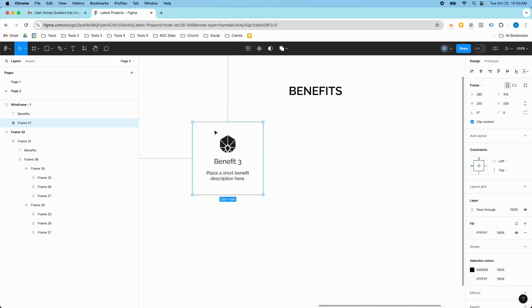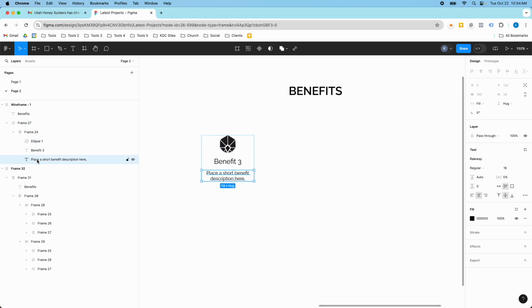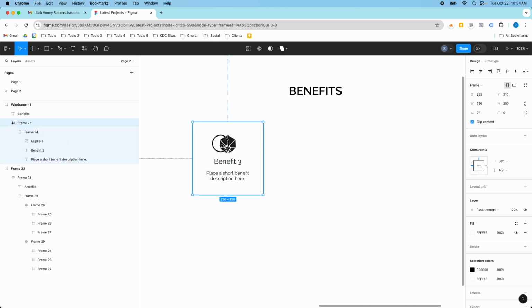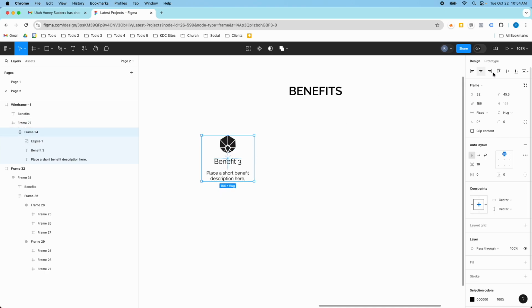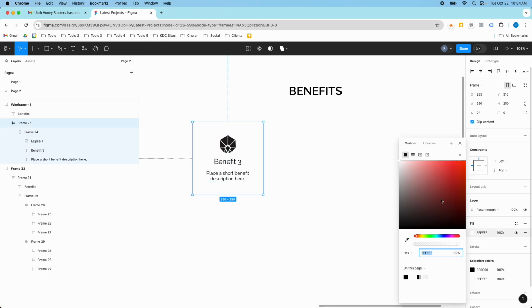And this is what I would recommend when you create your own, is you do your own card first and then you duplicate that one out. So this is a frame and it has three elements inside it. It has this image here and then a text element and a text element. So those are framed, but then those live within a frame, and I've done that so I can kind of center align this. So if this was a different color, it'd be a lot easier to see this card here. But for now I'm just gonna leave it as white so that we can see the drop shadow